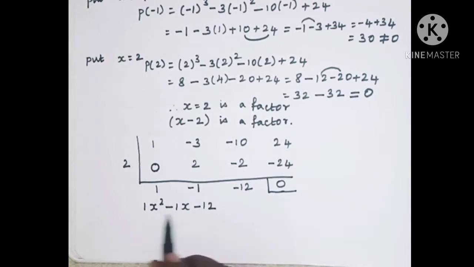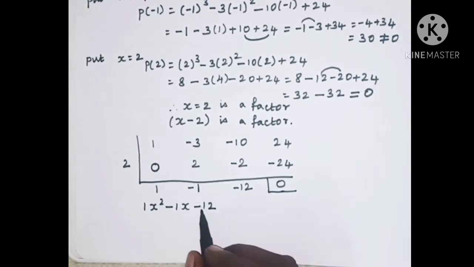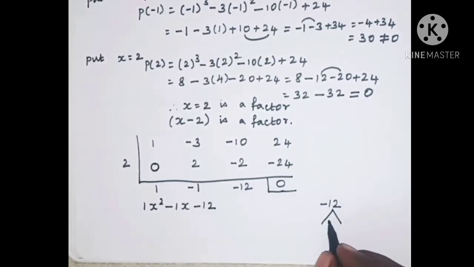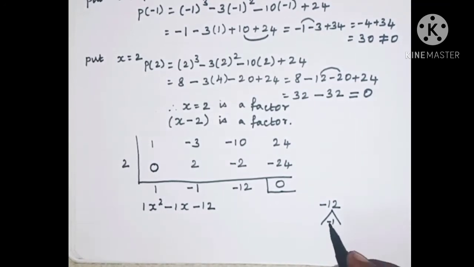Now we have to factorize this expression. So when we factorize this, minus 12 is the product and the sum is minus 1. Now we have to identify the two numbers. When we multiply the two numbers, the product will be minus 12. When we add or subtract the two numbers, the answer will be minus 1. This you already know from the last exercise. So I already told you that the two numbers are 4 into 3, minus 4 into 3. So 4 threes are 12, minus 12. When we subtract 3 from minus 4, we will get minus 1.